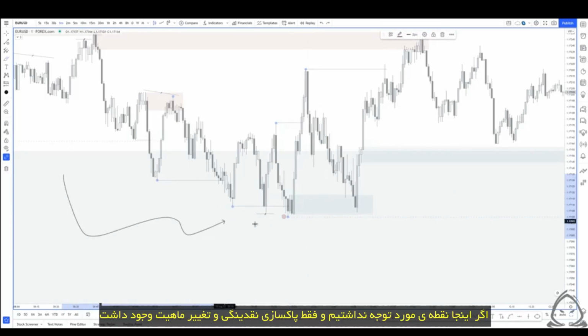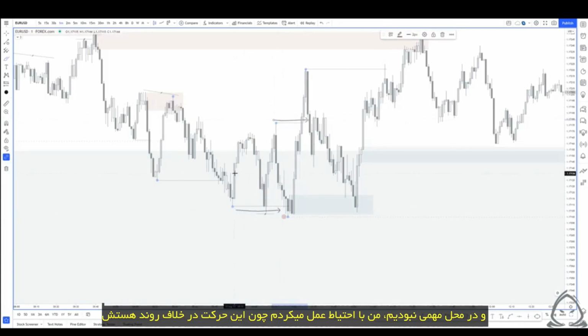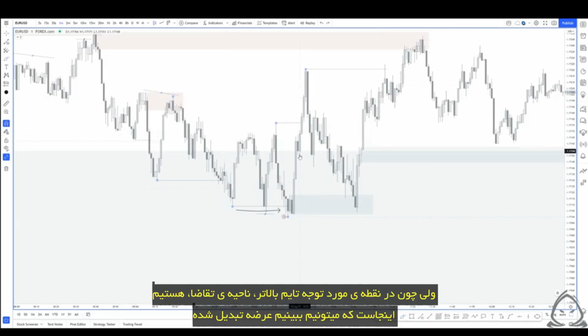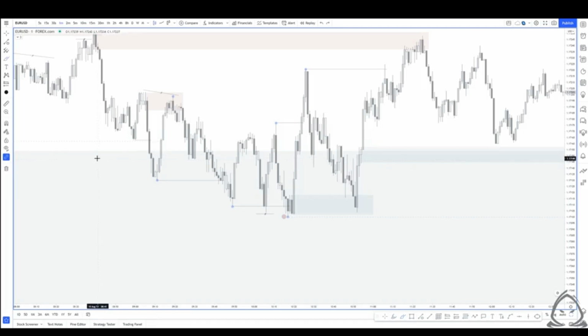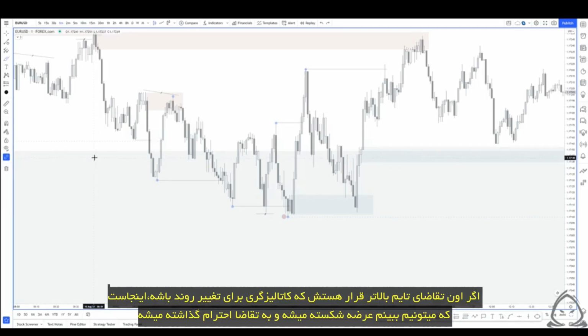If we didn't have a higher time frame point of interest here and all we had was a sweep of liquidity and a change of character, and we're in the middle of nowhere, I would proceed with caution because we're still very much counter trend. But because we're in a higher time frame point of interest demand zone, this is where logically we could start to look for supply failing and demand starting to be respected, if that higher time frame demand zone is going to be the catalyst to change the overall